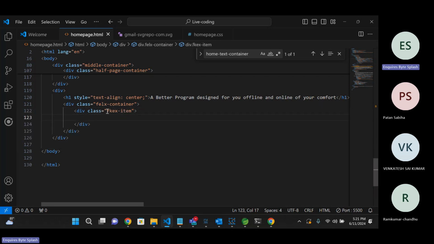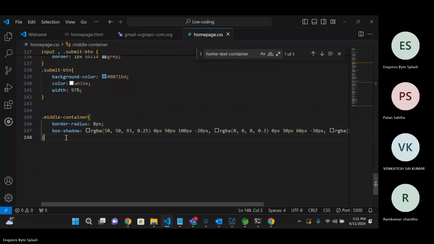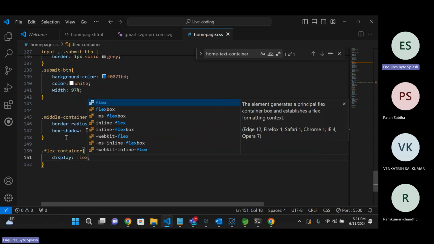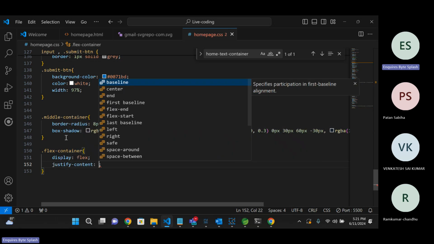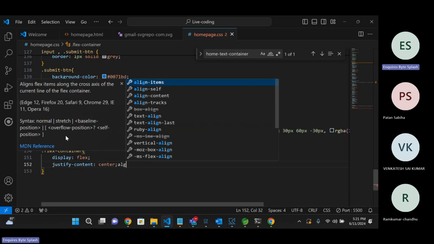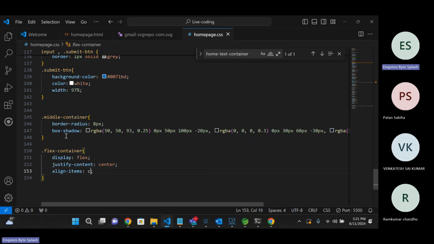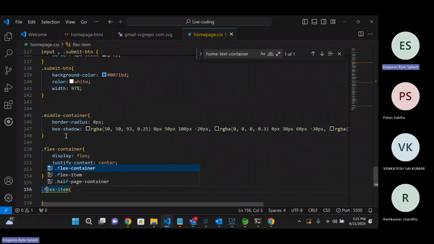Every flex item will make it as, just create this. This will be completed within 1 minute. Flex container. So display flex, justify content center, align items center if you want. Align items center. Flex item, I want to make it as